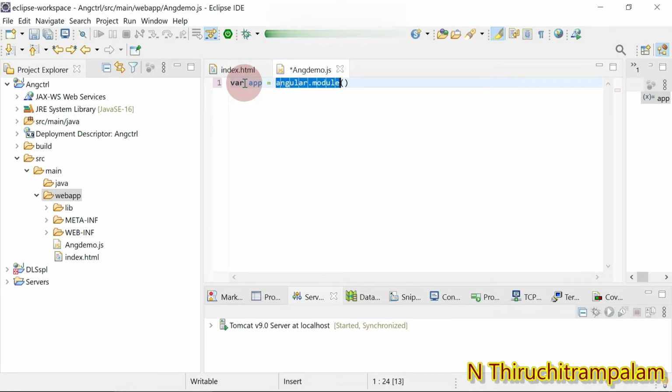To create the module, I need to use the angular.module keyword. Within the parentheses, next to the module keyword, I'm going to give the name of the module.